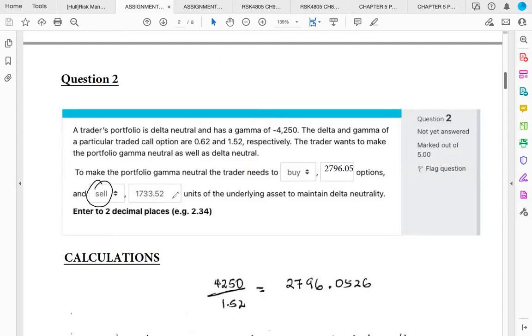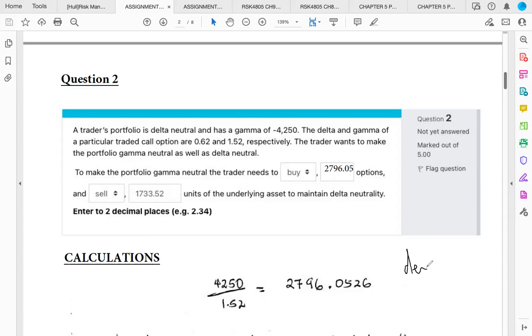You're selling certain units in the underlying. And then when we talk about going long, you're actually buying. So these are some concepts I talk about in the classes on chapter 5. So it's important to have a good understanding of chapter 5 before you look at chapter 8, because in chapter